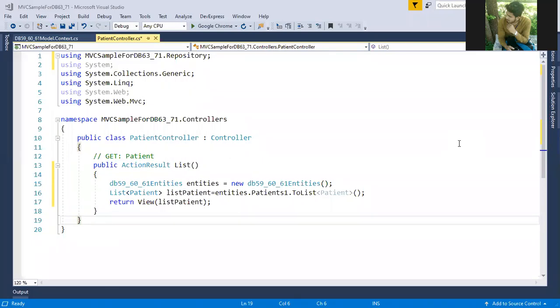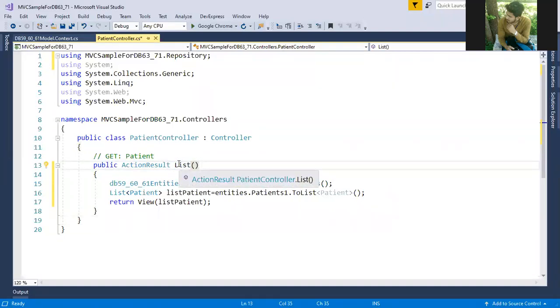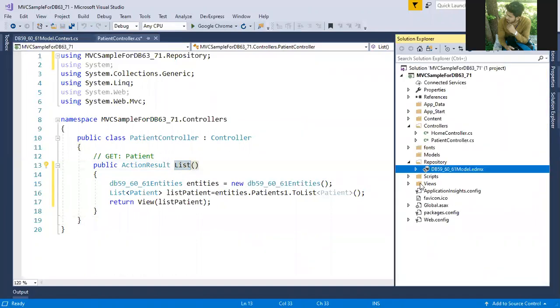The view name must be the same as your action method name. So your view name must be the same as your action method name. What is the name of the action method? List. So you go to the Views folder.